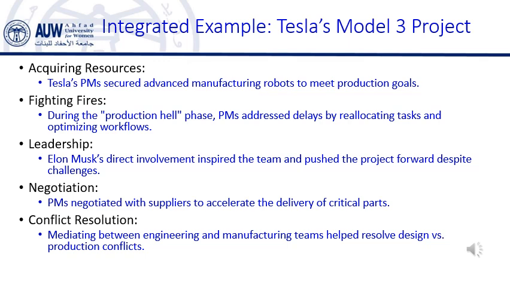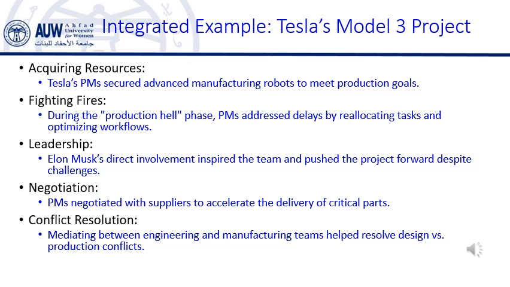Example. During the production bottleneck, Elon Musk famously slept at the factory to ensure that the team worked through the night to meet production targets. This act of leadership set an example for his team, showing them his commitment to the project. This ties into what we've covered about leadership and motivating the team. Musk's leadership was vital in navigating the challenges of the Model 3 project, ensuring the team stayed focused on the ultimate goal.